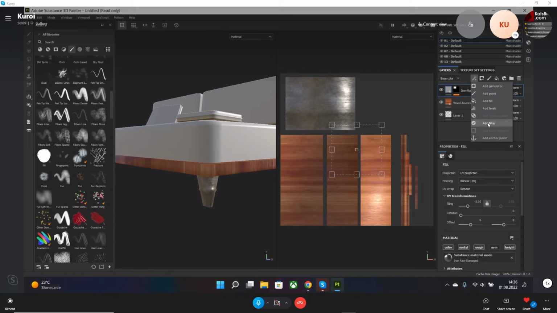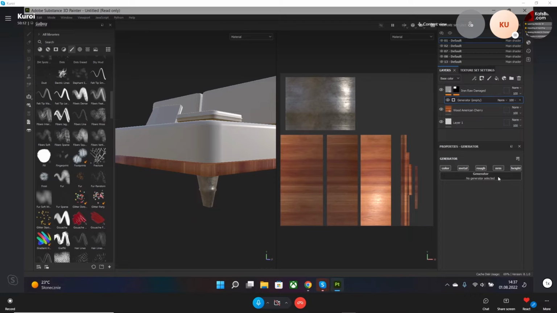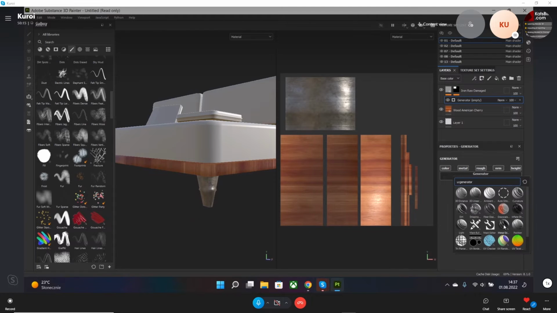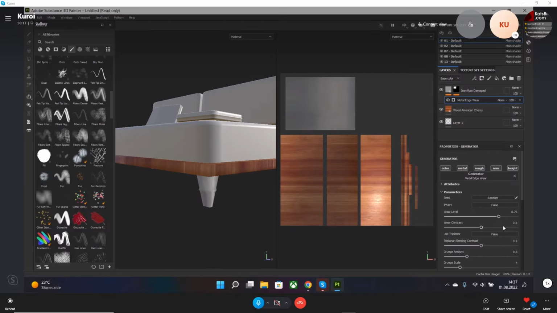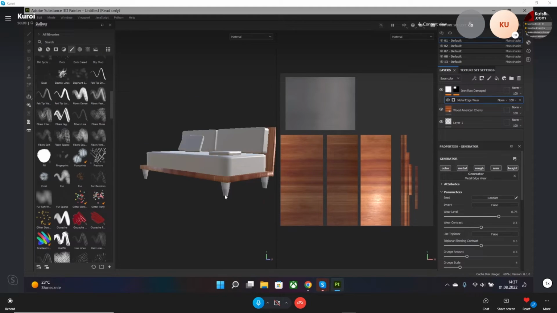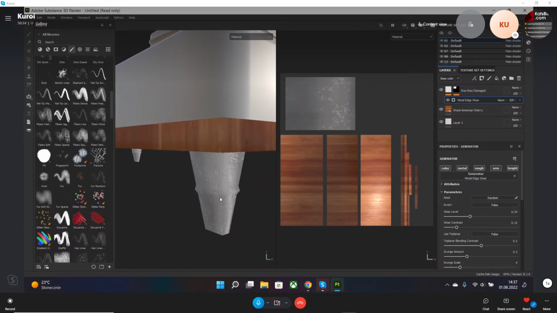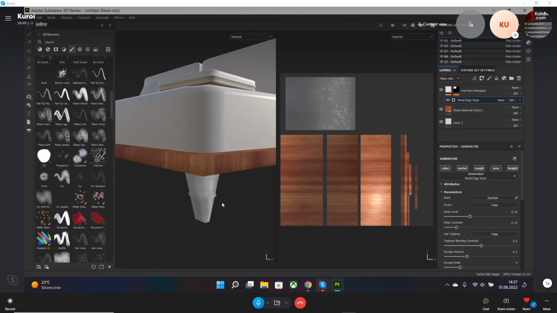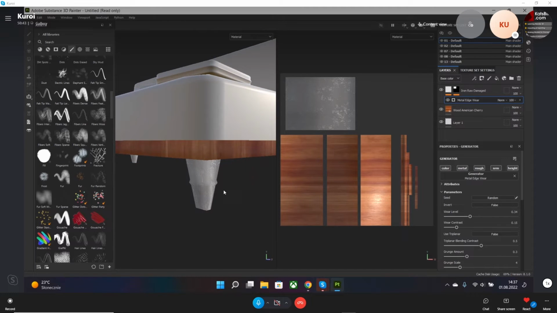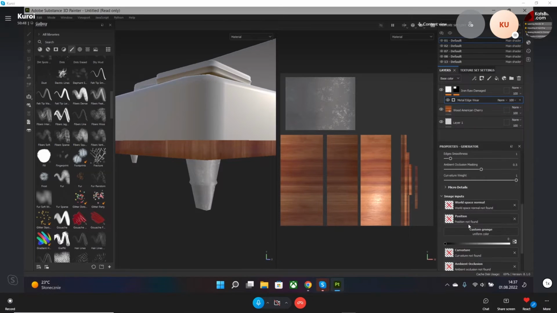All right, and also you can add. Can I add this here? Add generator, and let's choose. Is it going to work here? Let me quickly check if I can get edge wear level. All right, so it creates some kind of wear of the edges of the texture in this case, not the mesh. For that being iron, that would be pitted rust or something. And of course you can remove or adjust different